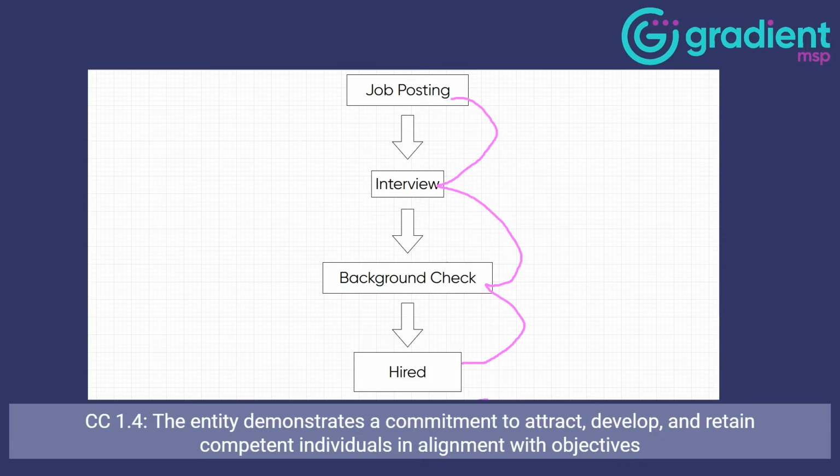This is the end. And remember that this control talks about develop and retain competent individuals, not just attract and hire. In fact, hire is not even in the control text. Once you find that right person, how do they know what to do? Do you have policies and procedures well defined? It's very likely that you have policies well defined for going through a SOC 2 assessment and project to begin